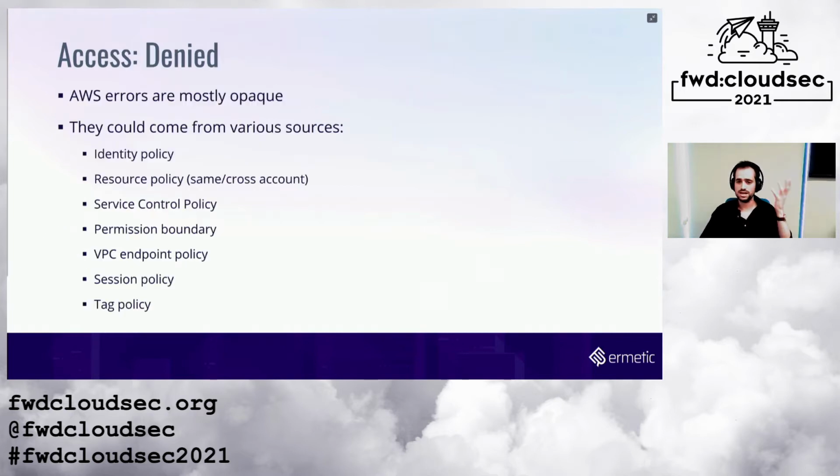Technically speaking, the issue is that AWS errors are mostly opaque, and they can come from really varied sources, right? They can come from the identity policy, from a resource policy in the same account or in a different account, from a service control policy, a permission boundary, a VPC endpoint policy, a session policy, a tag policy. I think that's it. And we need to look at all of these sources and in the dispersed locations where policies are placed in order to find all the relevant ones and give a succinct answer. And